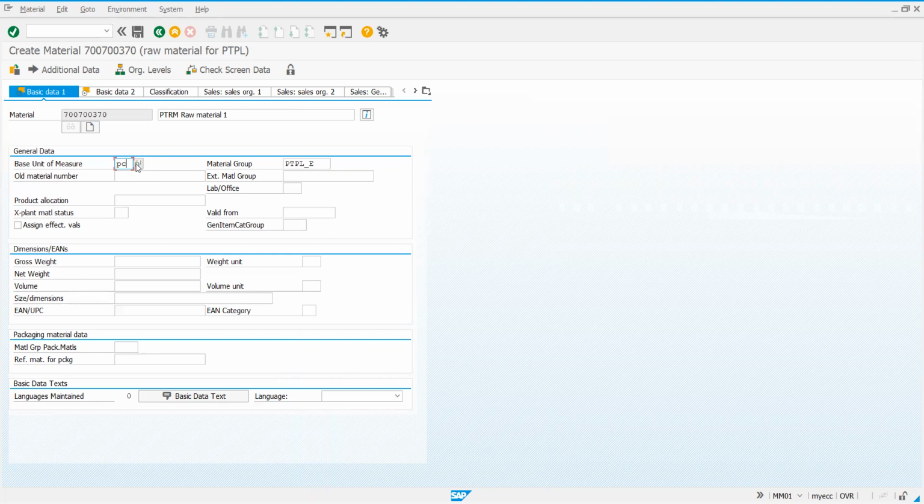If the material is in a different ERP system, old material number helps to manage.